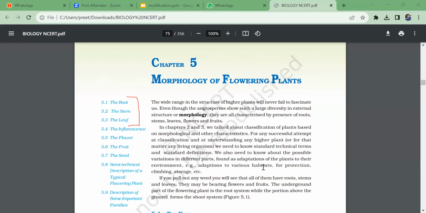Example, adaptation to various habitats for protection, climbing, storage, etc. If you pull out any weed, you will see that all of them have roots, stem and leaves. They may be bearing flowers and fruits. The underground part of the flowering plant is the root system, while the portion above the ground forms a